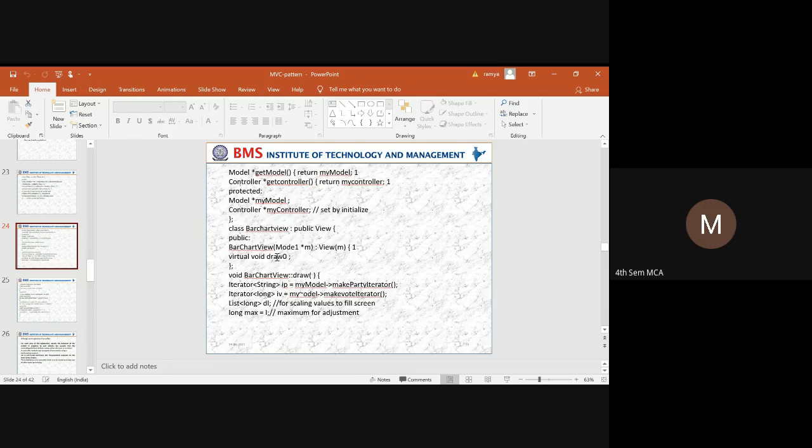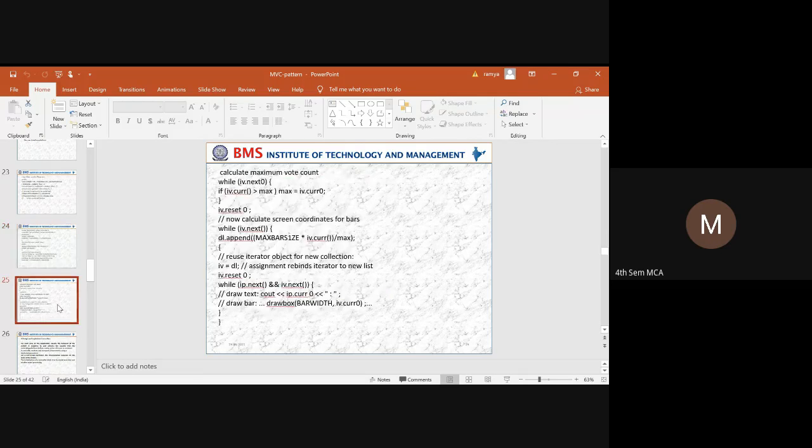Once it invokes this draw method, we need to consider the party and the iterator. Each and every time it has to move to the next party and fetch the data. It will fetch the data and represent it, which will be taken in the form of a list.